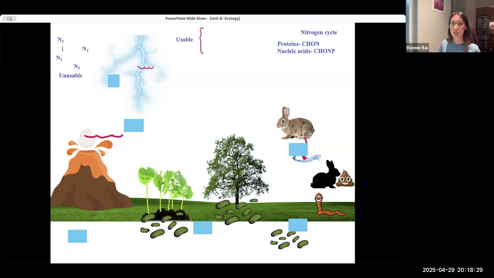So where can you find a lot of nitrogen? You know that there's a lot of nitrogen in the atmosphere, but it's unusable. Not unusable by all organisms, but unusable by most organisms. As in, anything that breathes the air, we breathe it in, we breathe it right out. It's there, but we can't do anything with it. We did not evolve to be able to use that nitrogen.